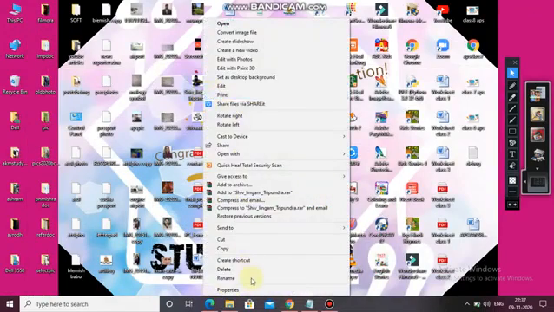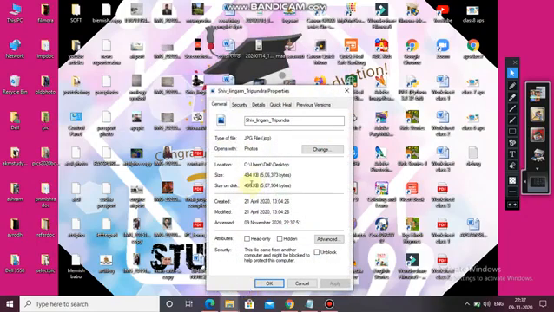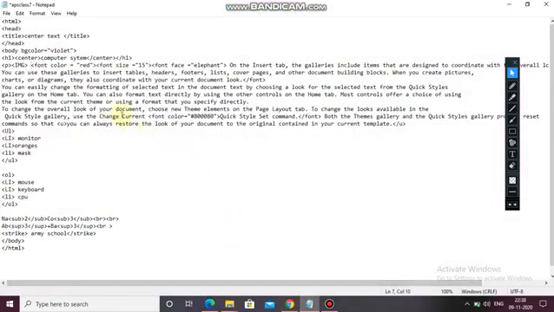Okay, this image. If you don't know the path, you just click on properties and from here you can see that it is written this one. Copy the path, and then the name, Shivlinga Tripurendra. So first write here, paste, and then again use the forward slash, like this, and then the name.